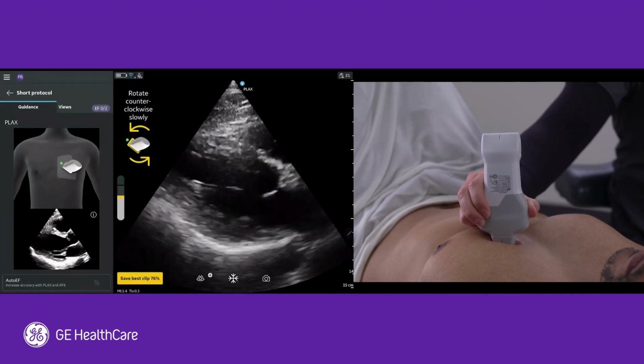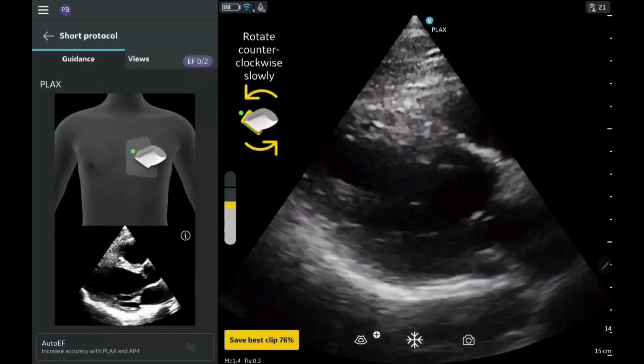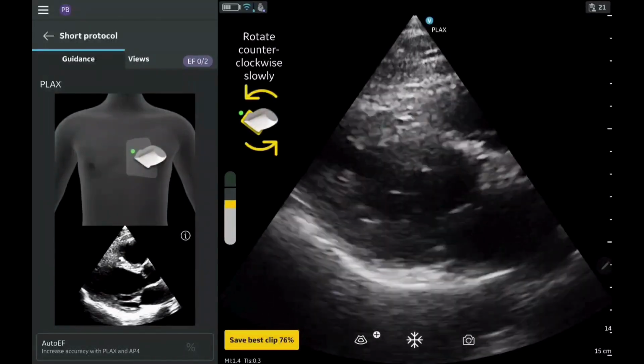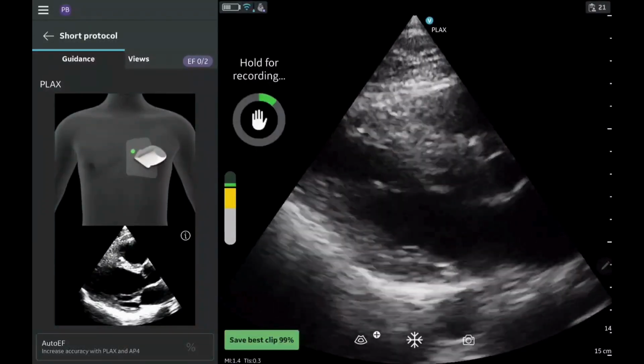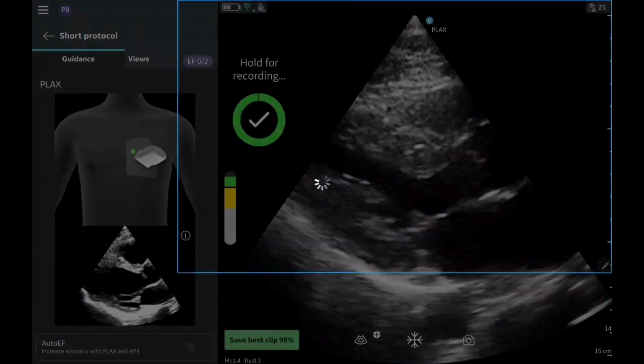Stop and stabilize your wrist. Only small adjustments are needed from here. When the quality meter climbs and reaches the green zone, hold still. If you can keep the quality meter in the green zone for at least 2 seconds, the software will automatically